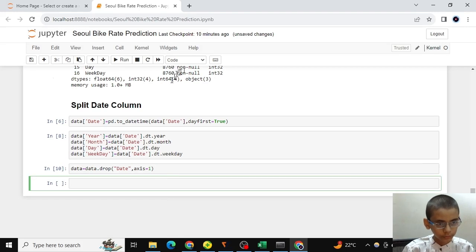Then we have to find our multicollinearity and delete it from our dataset.